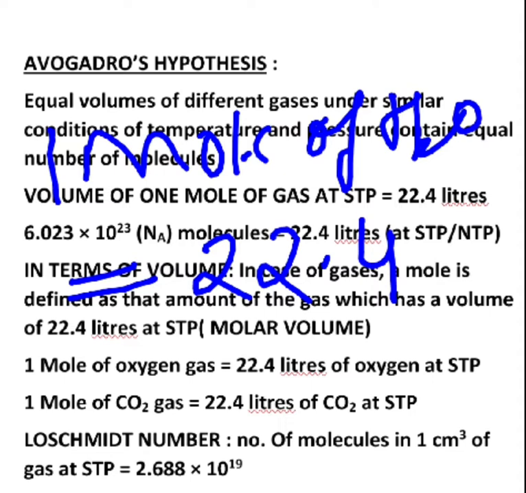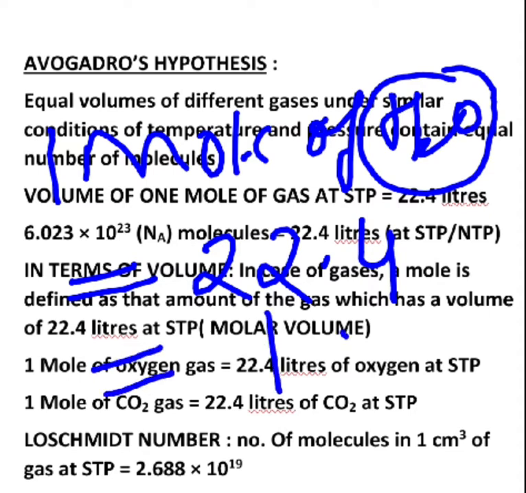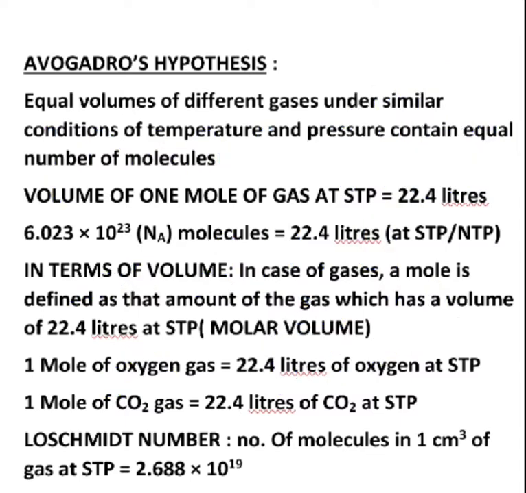No. Why not? Because water is a liquid, it is not a gas. So what is 1 mole of water then? 1 mole of water is equivalent to 18 ml. You are able to understand? I cannot say it's equivalent to 22.4 liters, right? Neither can I say it's equivalent to 22,400 ml, but rather 1 mole of water is equivalent to 18 ml in terms of milliliters. Clear?